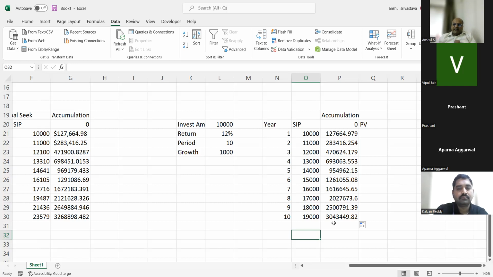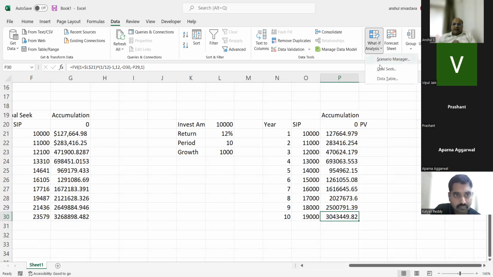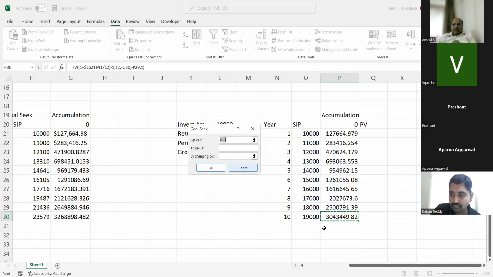Now what do we do? The next thing, we'll apply goal seek into it. Same 45 lakhs wala. Goal seek के लिए what we'll do? Again for goal seek, we go to data tab. Data tab में first keep the cell here. Whatever cell you want to change, the cursor should be in that cell. Then what do? We go to data. Data में we go to what if analysis, goal seek, set this cell to value, whatever value you would like to put,